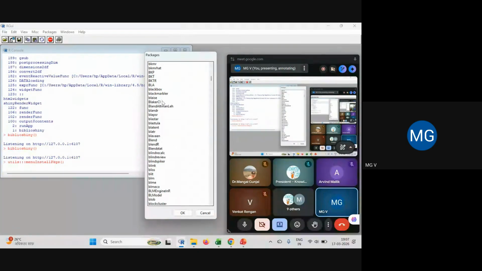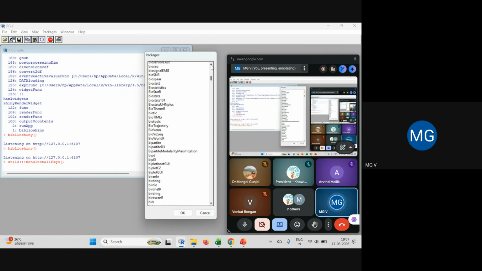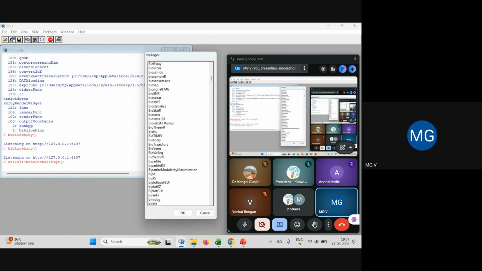B.I. Is it there? Let me see. Okay. B.I.B. Okay. So everything you can learn, nothing to cram, nothing to recall again and again. Once you learn the skill, it will remain with you forever. Okay, it is B.I. So we are looking for B.I.B.